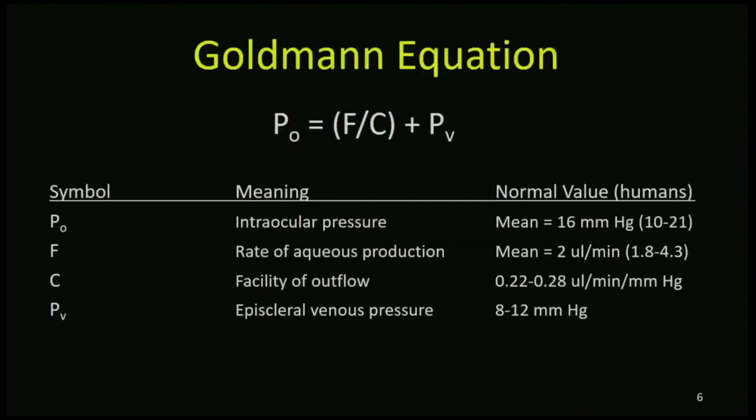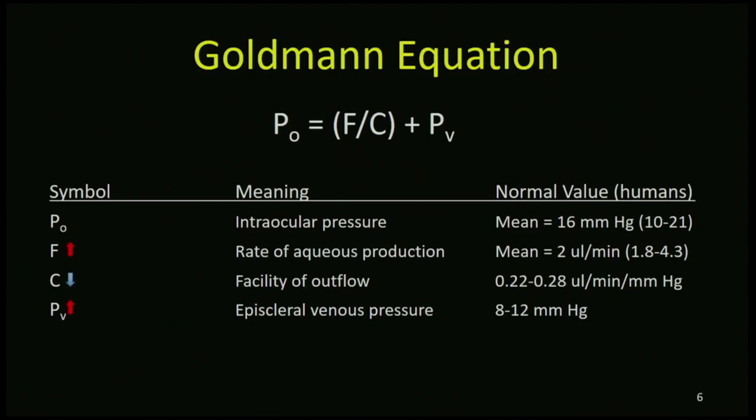So again, briefly, here's the Goldmann equation. Dr. Stamer went over this, so I won't belabor this point too much. But basically, unlike what Dr. Stamer was pointing out, which is we can try to alter these variables in humans to lower the IOP, if we do the reverse in our animal models and alter these variables in the opposite direction, we can actually raise IOP, right? And so we can alter all of these variables to raise IOP and try to modulate or model glaucoma in our animal models.